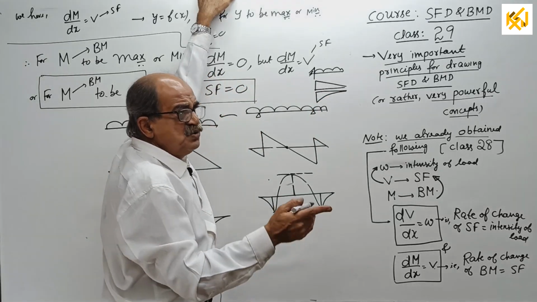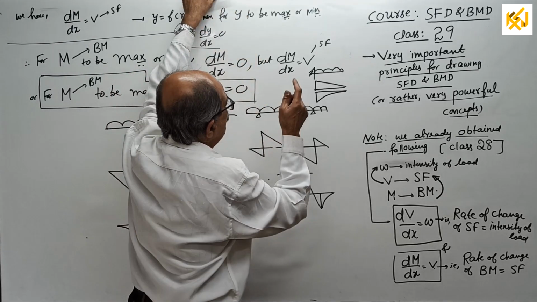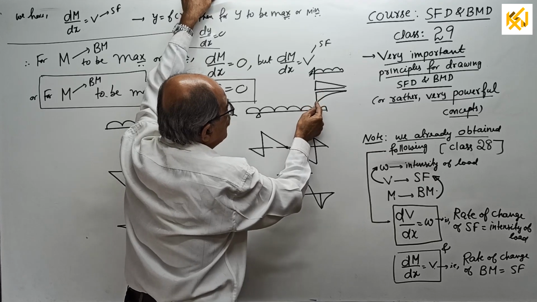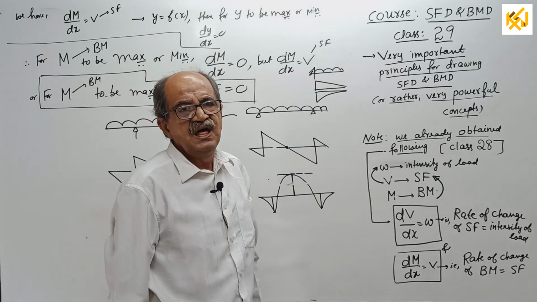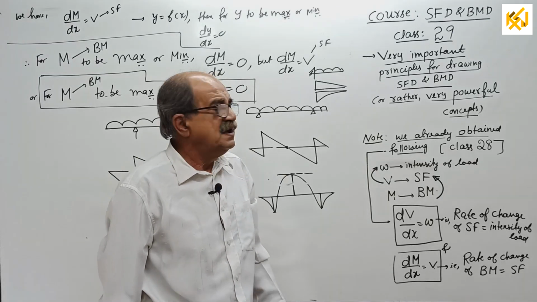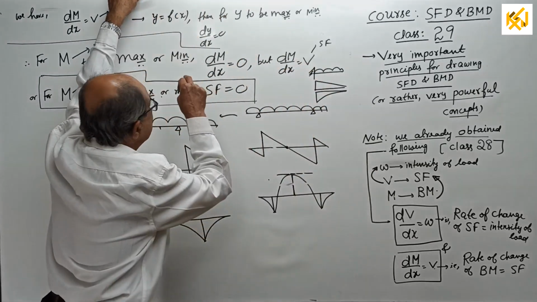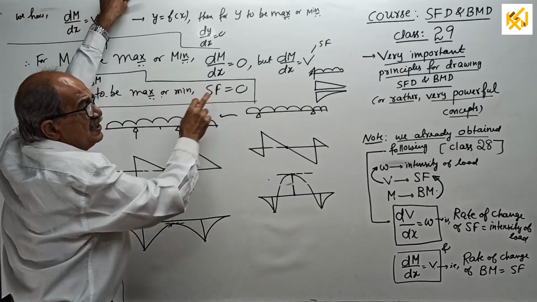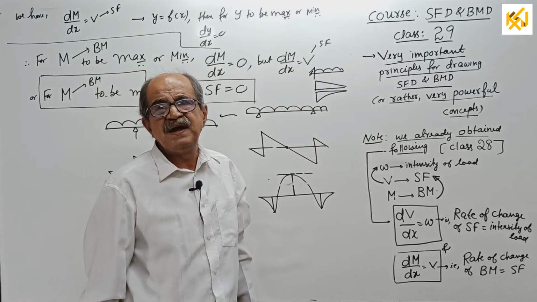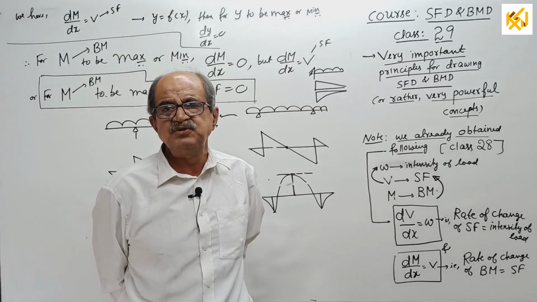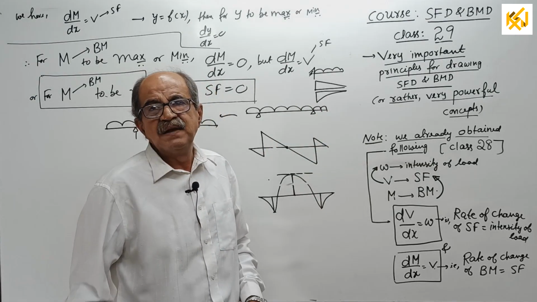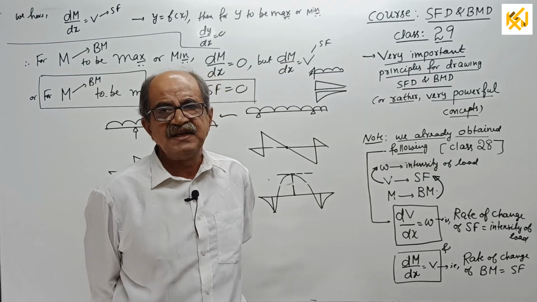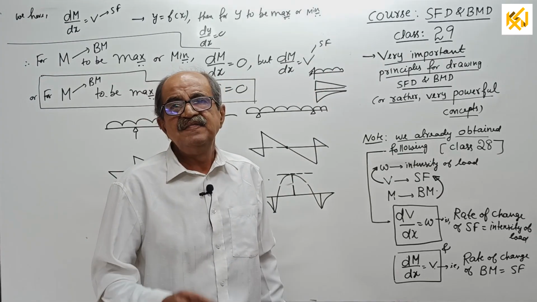Now, my students will sometimes ask, sir, you told bending moment is maximum where shear force is 0. But see, sir, here bending moment is maximum where shear force is also maximum. I will clarify at that time. I will tell later what the limitation is. For this condition, for M to be maximum or minimum with shear force 0, there is a basic requirement. Mathematically it is also there. For a function y equal to f of x, where it is a constant into x square, this principle is not valid. There is a reason.